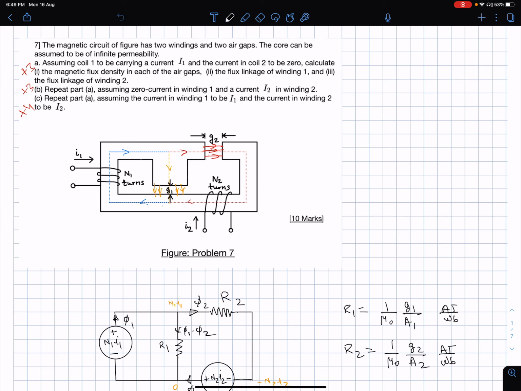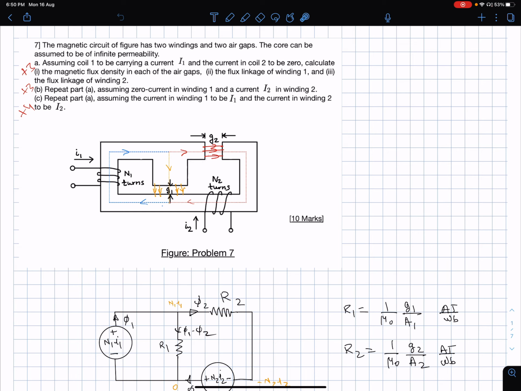Welcome back. So, I'm going to do two more problems on magnetic circuits before I close this topic of magnetic circuits. These two questions that I'm now going to do, I have picked up from the last year midsem that we gave to the same course in the spring semester. Both these questions are actually from Fitzgerald Kingsley.